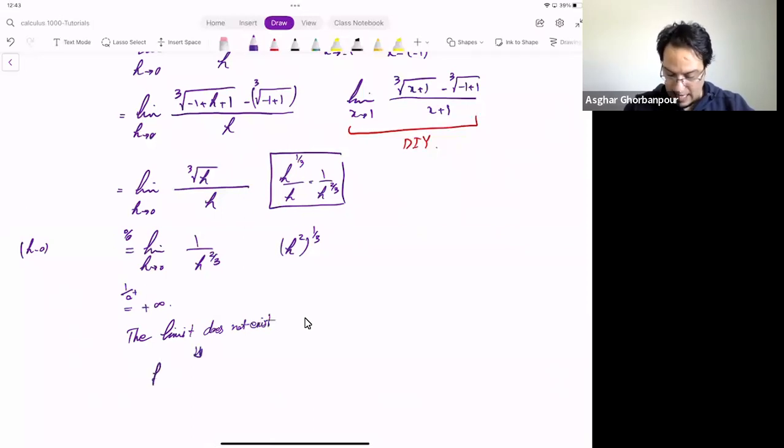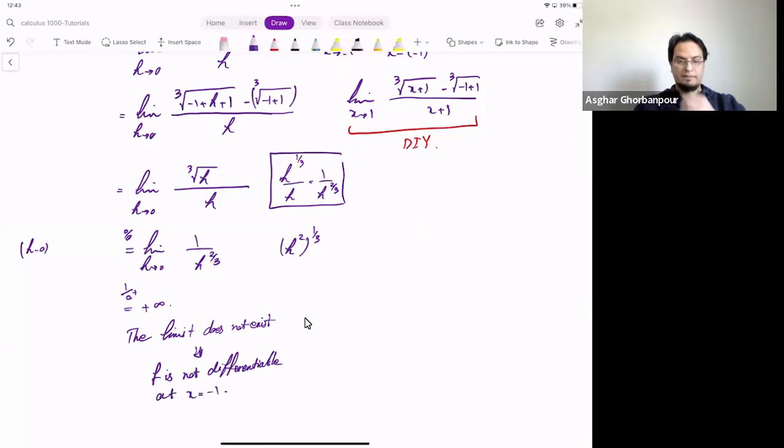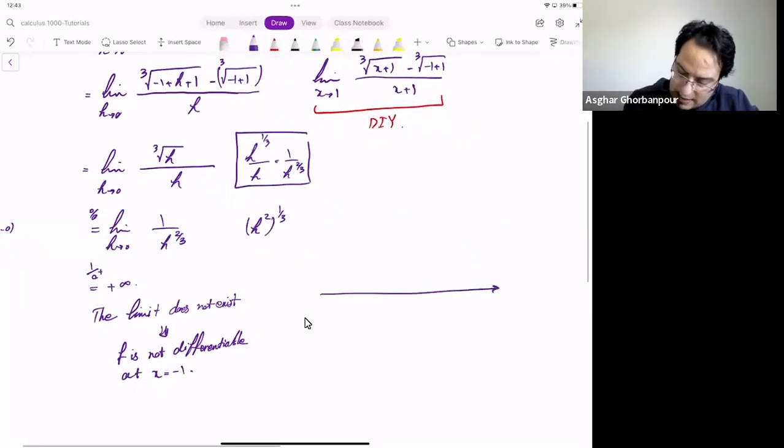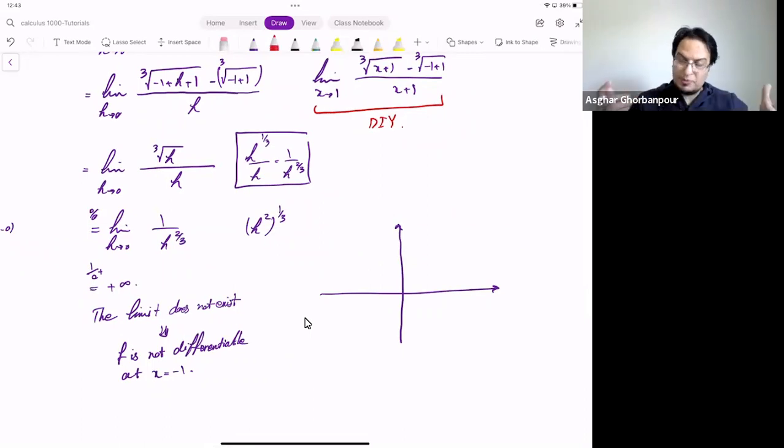Well, that means that f is not differentiable at x equal to -1. This is a very nice example because, remember, if you have watched the videos or read the textbook, the main intuition comes from the slope of the tangent line. And if you look at this function, it is going to have